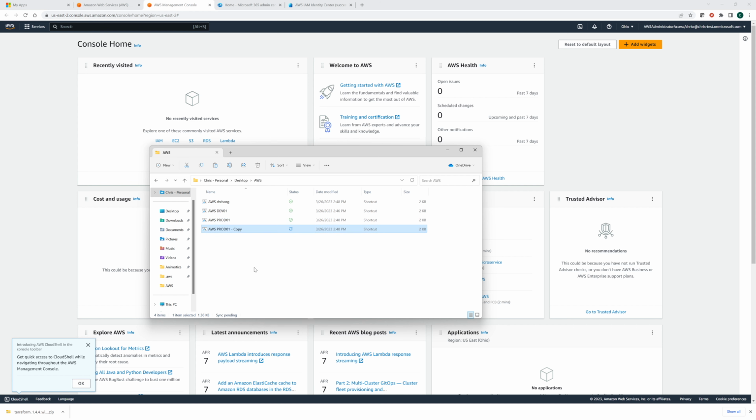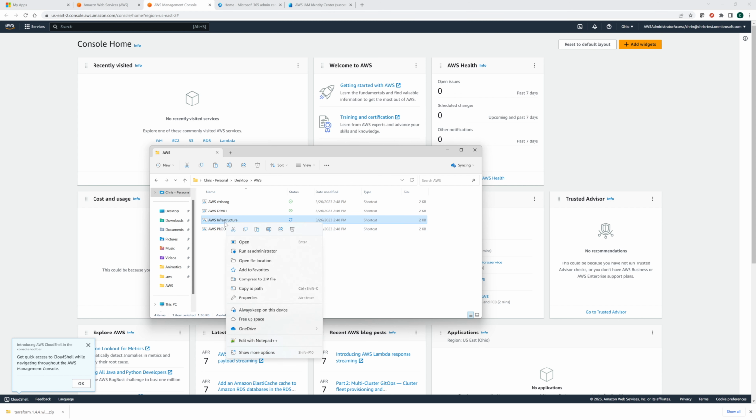All right, and then we'll rename this. Whoops, rename this one. And we're going to rename it infrastructure. And this is for granted. That's what we're going to use this for. And then we will